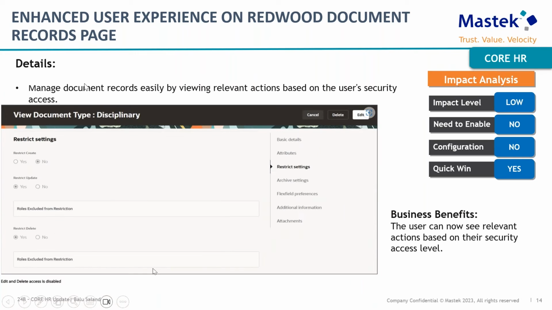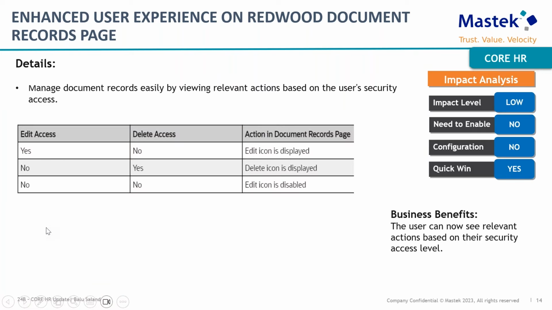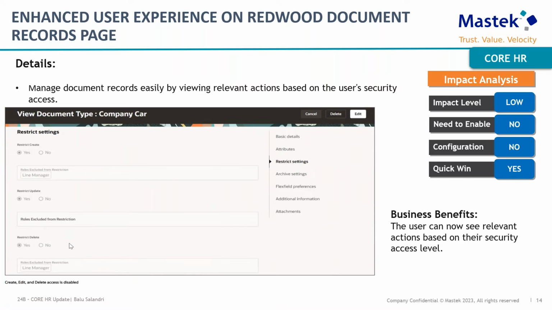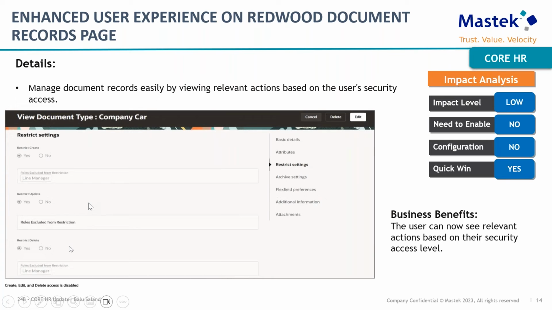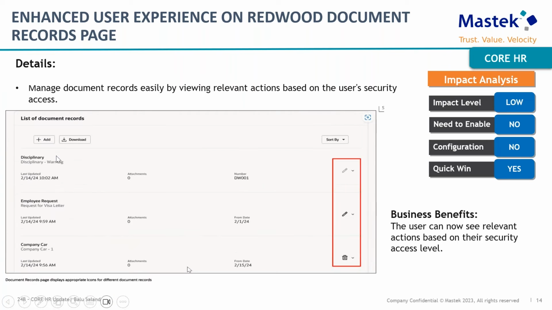And for disciplinary, there is no restriction on create, but restriction is there on delete and update. Right. So further, for company car, there is a restriction on create, update, and delete all. So if we see on a single page, we can see the list of all the document records that we have seen. So for the disciplinary, the edit or update option is frozen for a user, while for employee